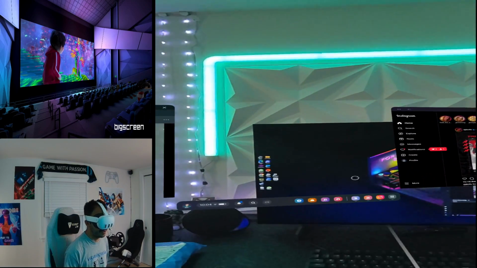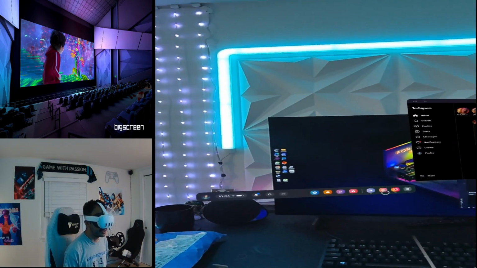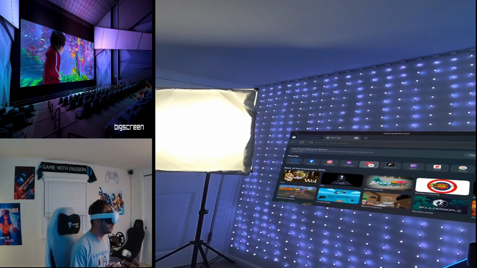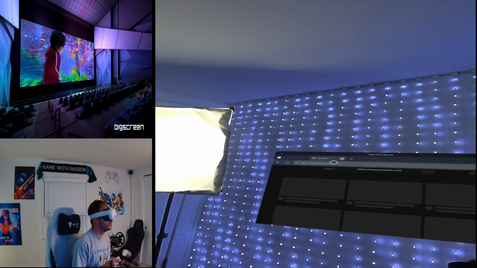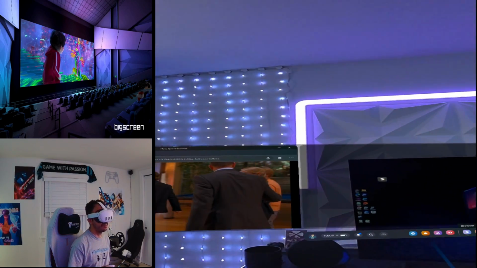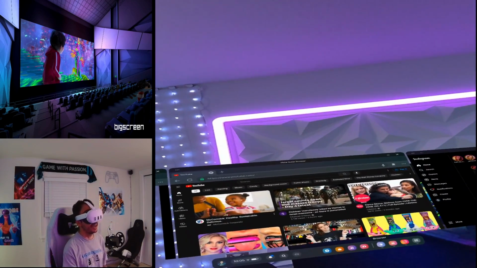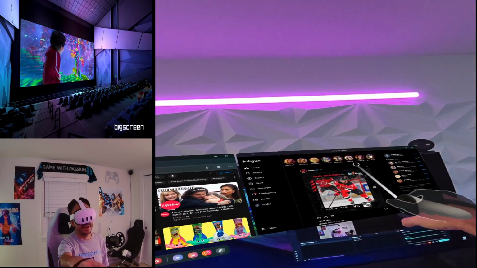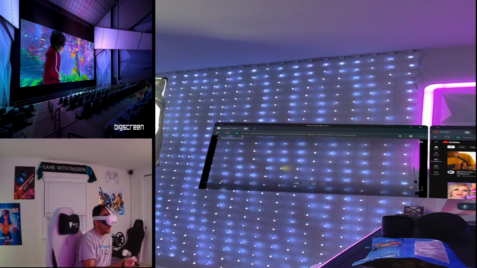You can move this to the right if you want, and you want another Oculus browser tab. If you have another tab open, let's say you pop up YouTube for whatever reason, you can grab it and just drop it, and now you've got three different windows. I've got YouTube sitting over here, or whatever I want to be doing. It could be Reddit, it could be whatever. I've got Instagram sitting right here, and then I've got my movie playing right here.